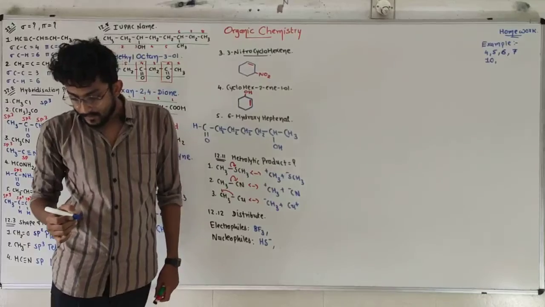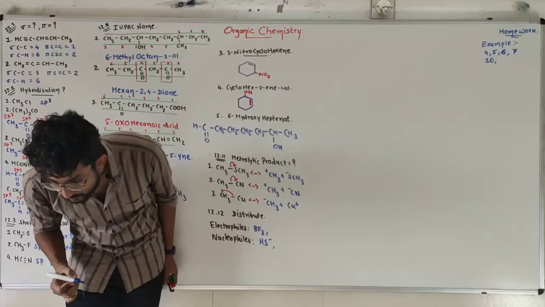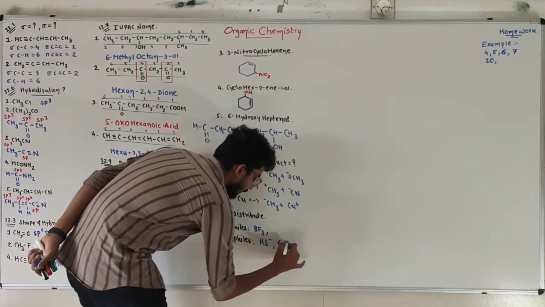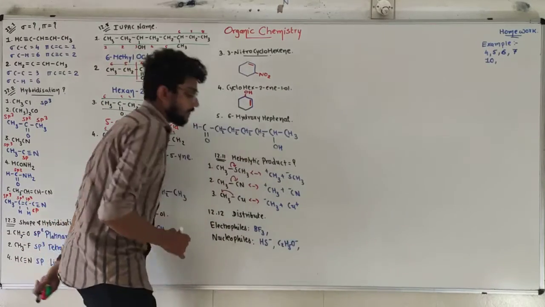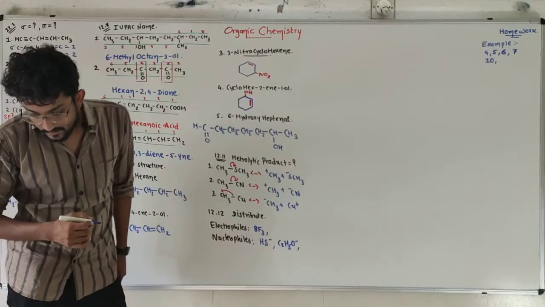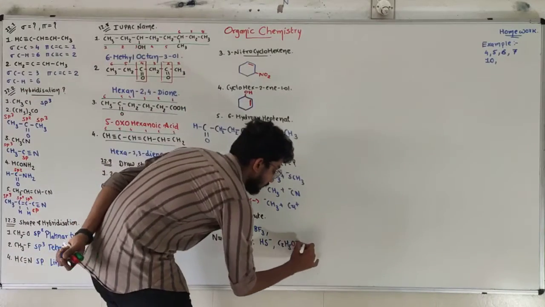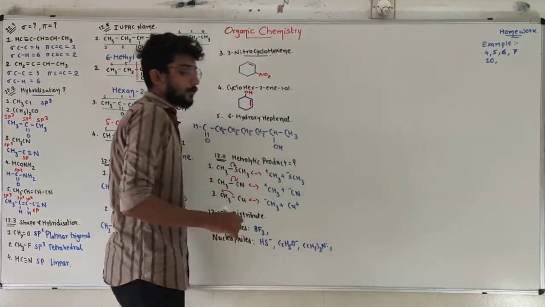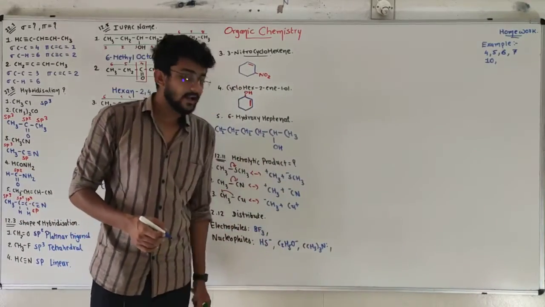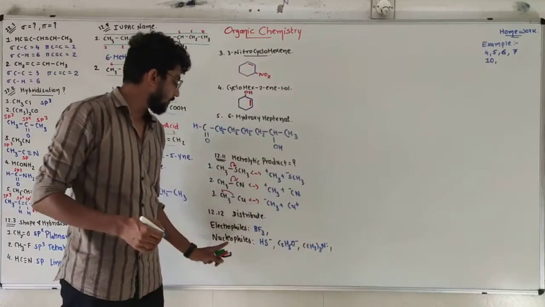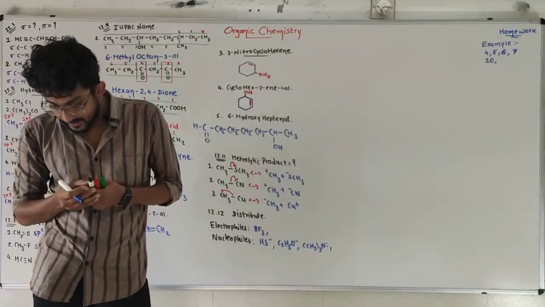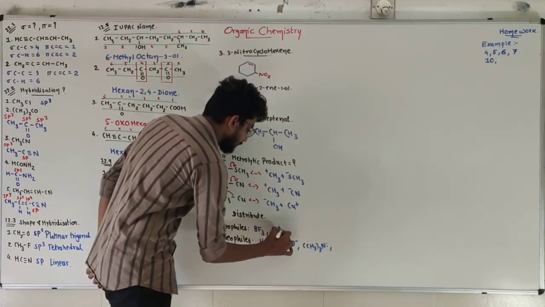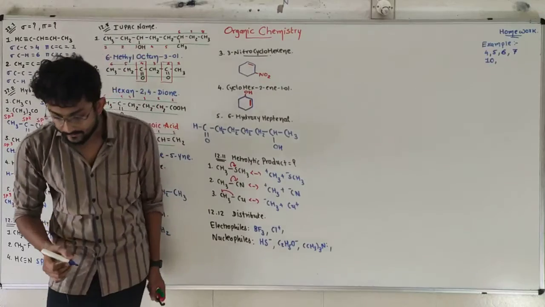After that, C2H5O minus, negative sign, and the negative sign belongs to the nucleophiles. After that, tertiary amine, an electron donating group with a lone pair of nitrogen electrons, that's why it is a nucleophile. After that, Cl plus, because of the positive charge it is an electrophile.